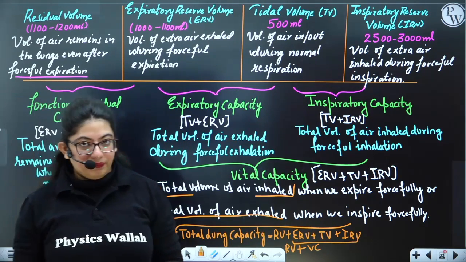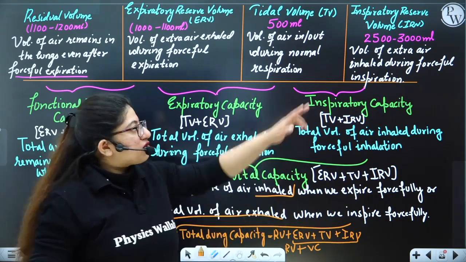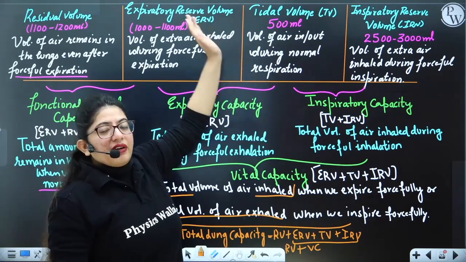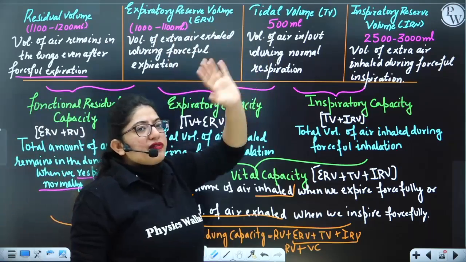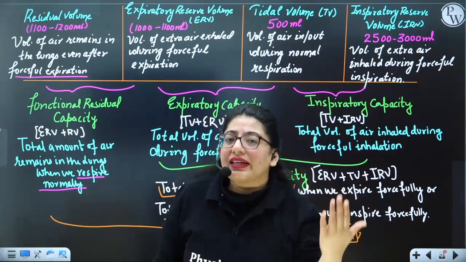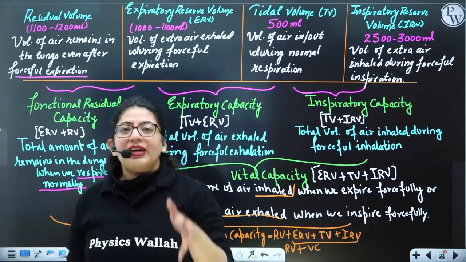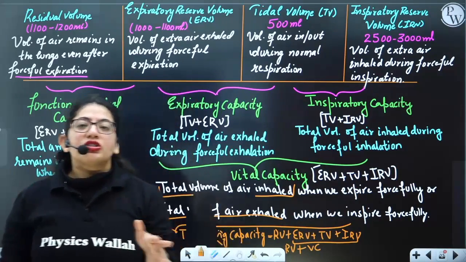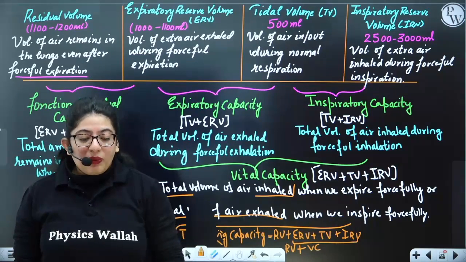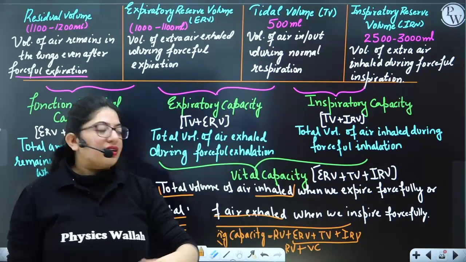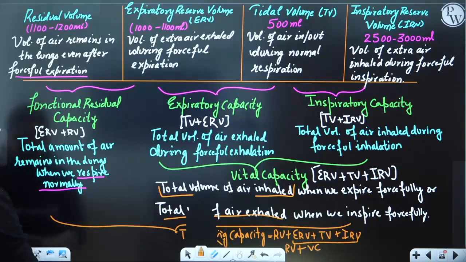So what is total lung capacity? When you inhale forcefully, at that time you are taking in extra air, which is IRV plus TV. And ERV is already present in your lungs and residual volume always remains in the lung. So when you inspire forcefully, whatever air is present inside your lungs is your total lung capacity. Fine. So if I am inspiring forcefully, what is present in my lung is TLC. Whenever I'm inspiring forcefully, what I am taking in is inspiratory capacity. I hope that's pretty clear to everyone. That's pulmonary volumes and capacities.